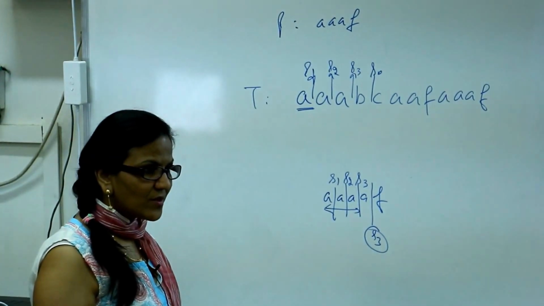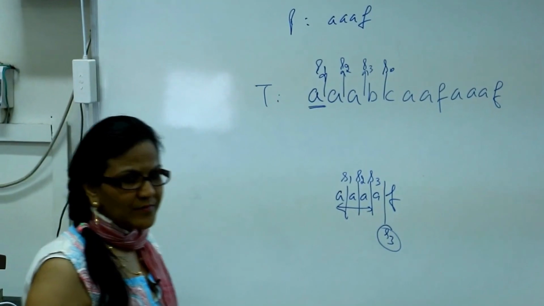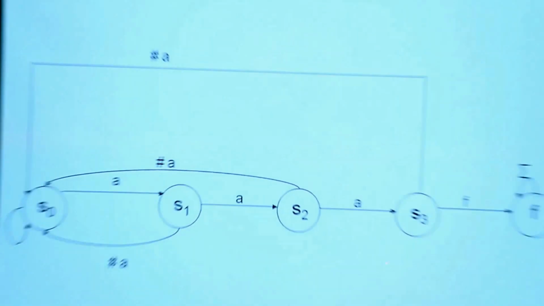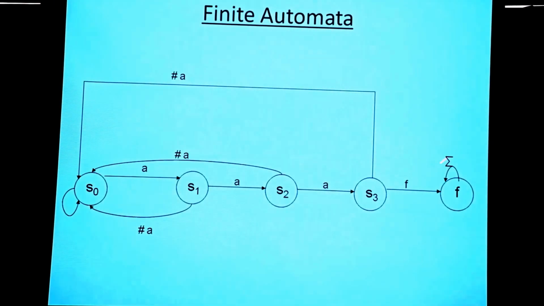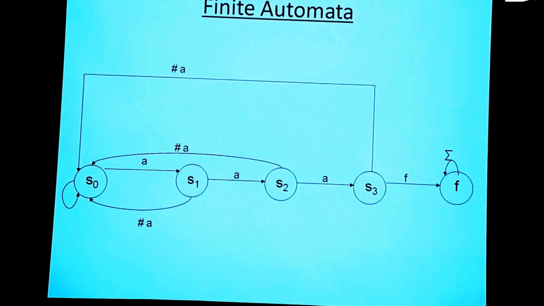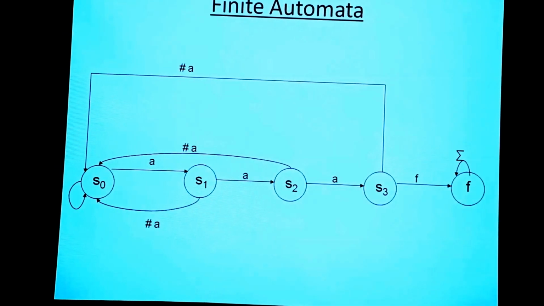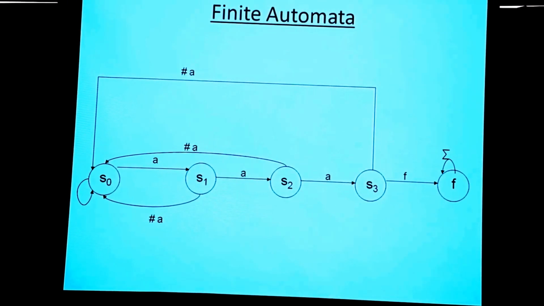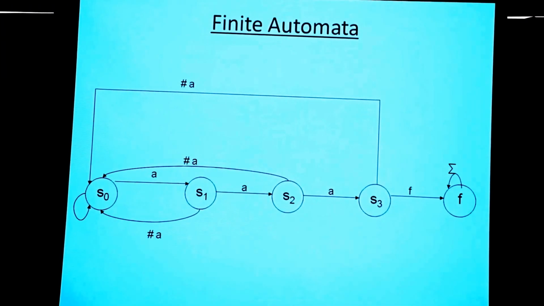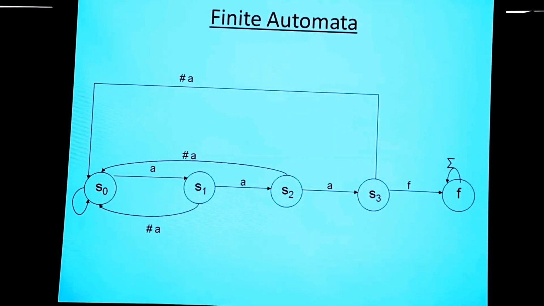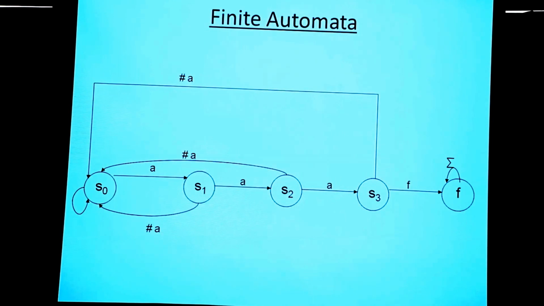But that's not, okay, agreed. Fine, so we can have a loop, right? Correct. As per the algorithm that we have seen, this FA should work. If we use this self loop on S3, then in that sense we can also take a self loop from S2 to S1. There should be a back edge if we do not see an A. This FA is working fine for the algorithm that we have seen.